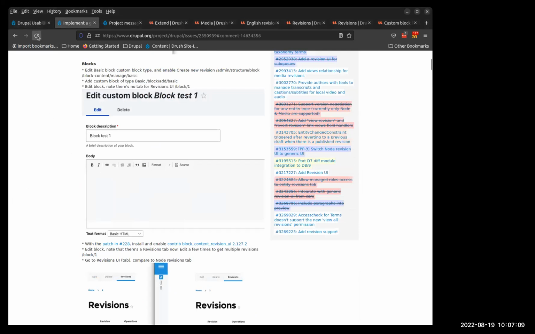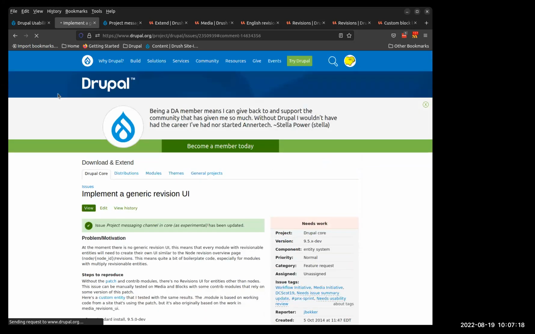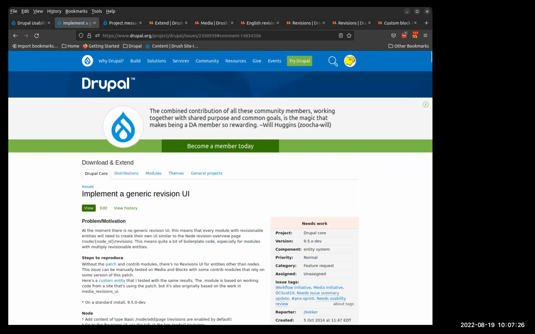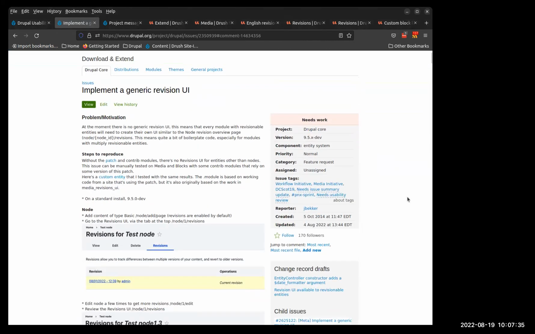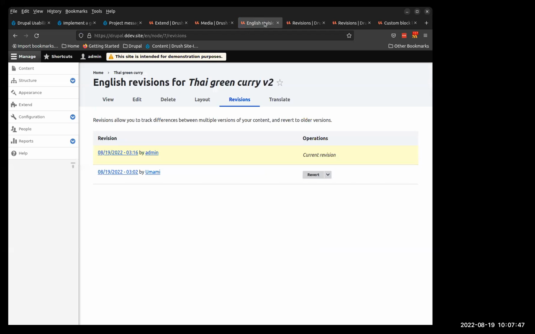For the sake of the recording, this is issue 2350939. And the title is Implement a Generic Revision UI. So the point is that for nodes, well, here, let me say,